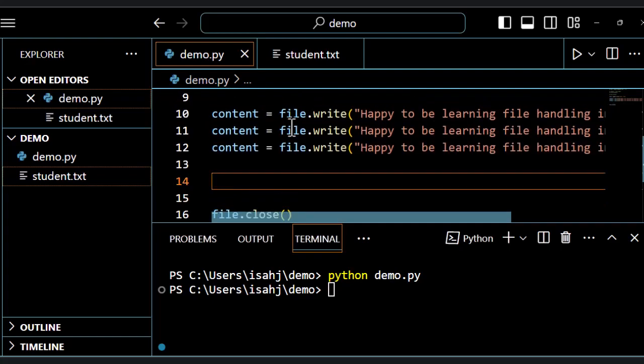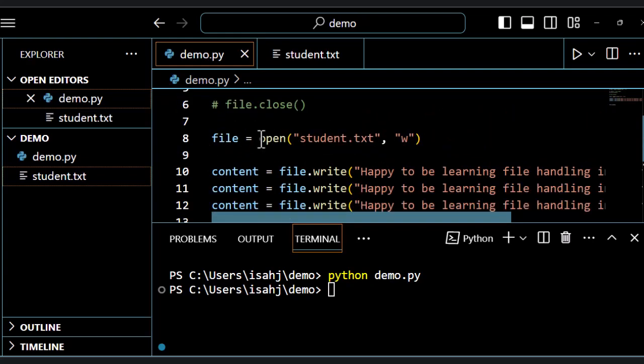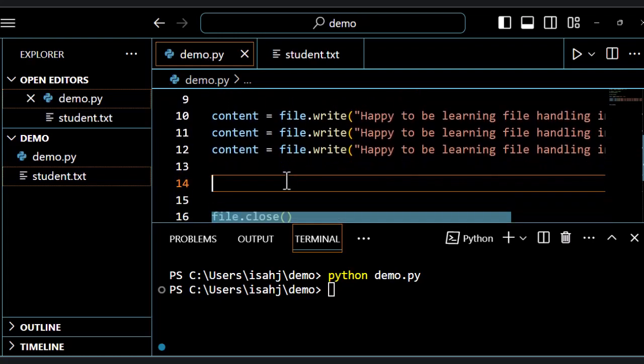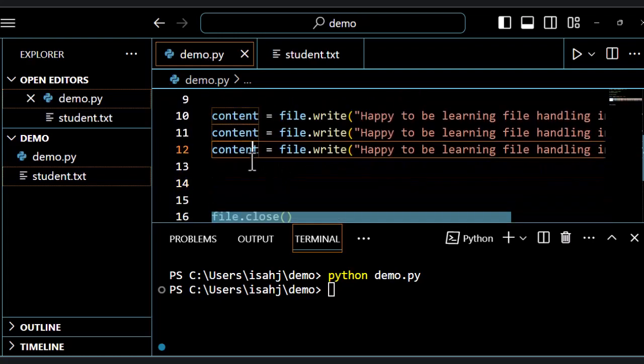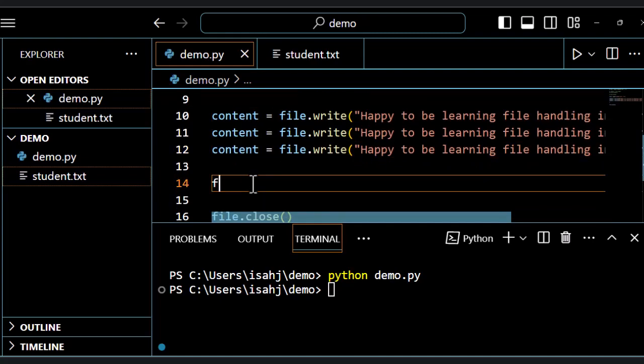So we have the dot readline. Okay, so let's see how it works. Before, the first thing we will do is to change the mode to read mode. If not, we'll run into an error. So if we do something like this, for example, we already have a file. So if I come and I say file and I call the dot read method,